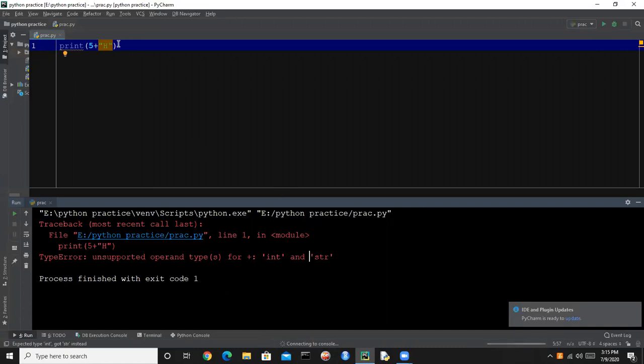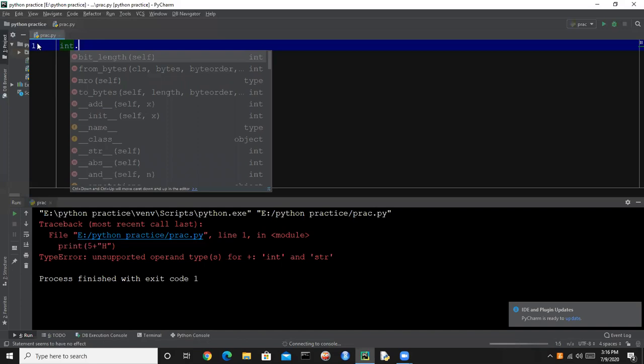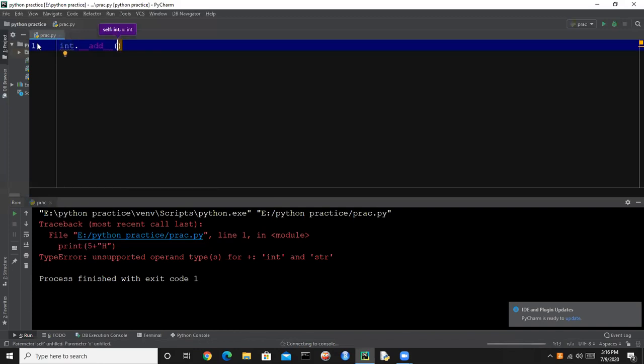So behind the scene, what is going on? Everything in Python is an object. Everything working behind the scenes, at the back end, is working as an object. So what is the class for integers? The int class is used for integers, and after pressing the dot, we can see a lot of methods here. Here we have the add method, and it accepts two arguments. The first one we will write 5, and the second one we will write 6.